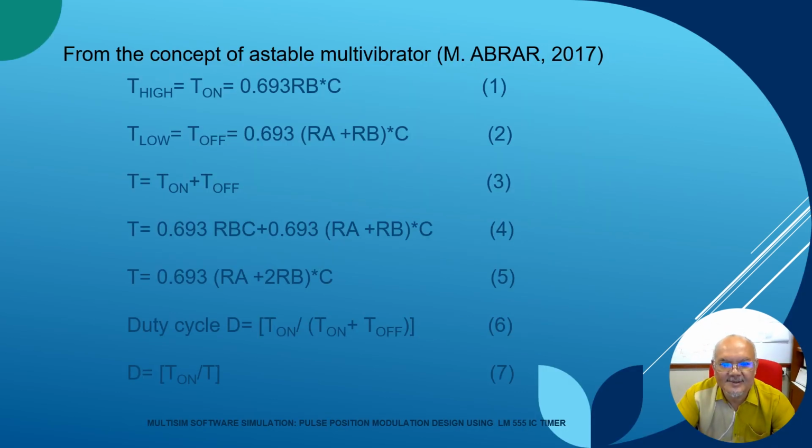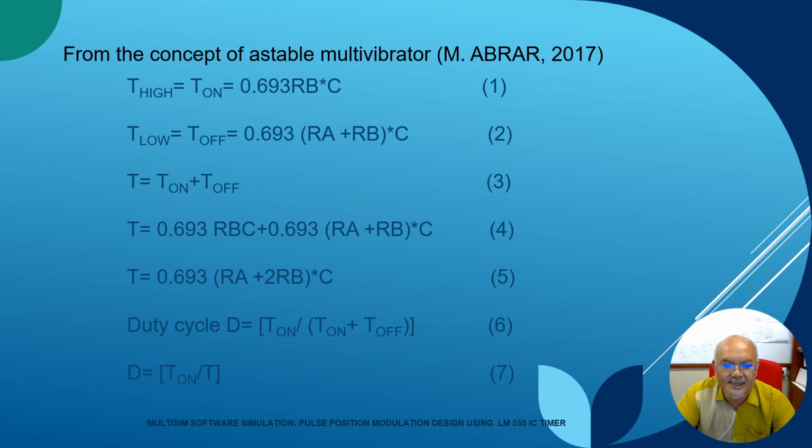From the concept of an astable multivibrator by M. Abrar, 2017, T high equals T on equals 0.693 Rb times C. T low, or T off, is equal to 0.693 Ra plus Rb times C. The total T is equal to T on plus T off,